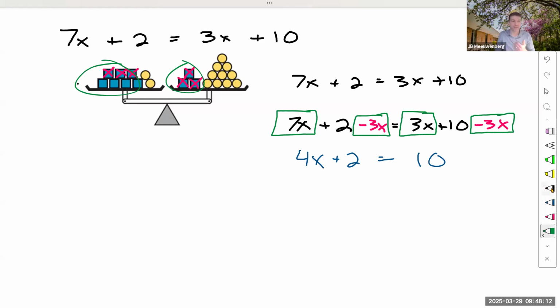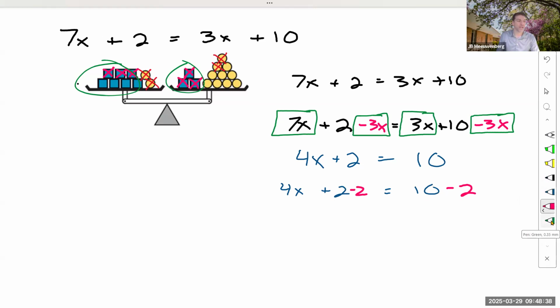Here's what the process looks like algebraically. Then what we'll do is eliminate 2 of the balls from the right side. So we'll take away those 2. If we are going to write it out algebraically, we would write 4x plus 2, and then we would subtract 2, and that's equal to 10, and then we would also subtract 2 from the right. Just like before, we are subtracting those 2, and all we're left with is 4x, the 4 boxes on the left, and that's equal to, on the right, we're just going to have